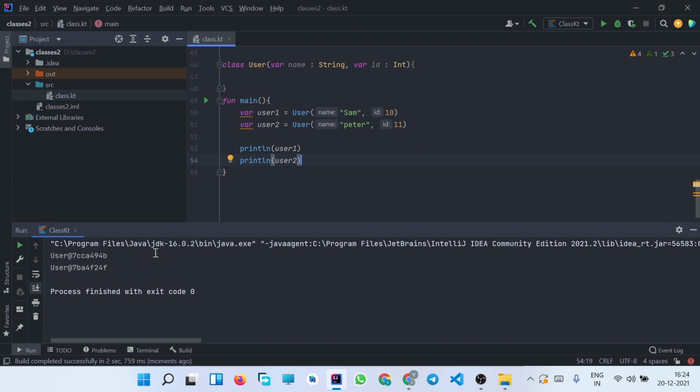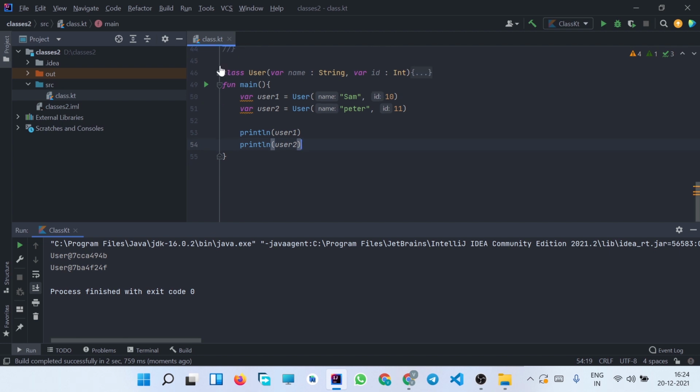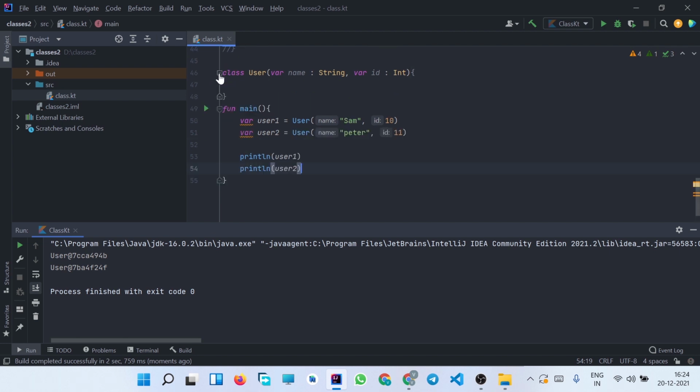So this is why if we remove the data keyword, the output will not be equal to the values which we have initialized, because it has nothing to do with the data of the objects. Since it is a data class, it deals with the data. So now let us make it data again and run it.